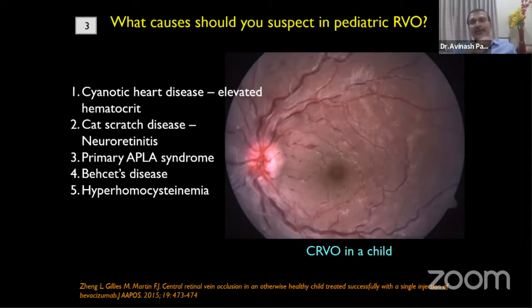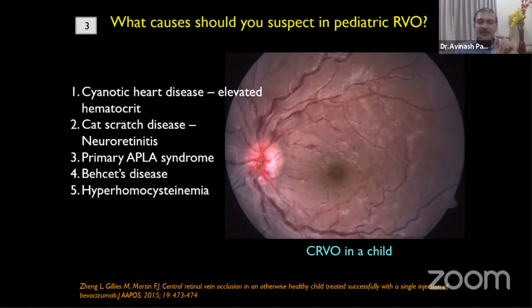Like I mentioned earlier, the causes of vein occlusion in the elderly and young are different. When the age is less than 40, we subdivide them into the pediatric age group and the 18 plus age group. In the pediatric age group, cyanotic heart disease is something we have to keep in mind, which never strikes us when we see a vein occlusion. Apart from that, we have inflammatory etiologies like Eales and Behçet's; though rare, children can present with Behçet's as well. So rarely you have an inflammatory or an infective etiology in that age group.